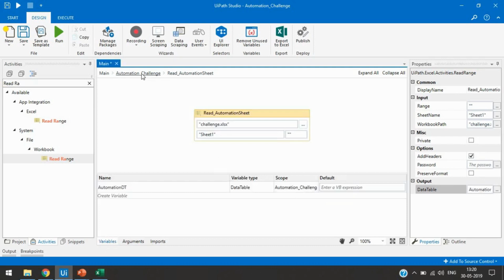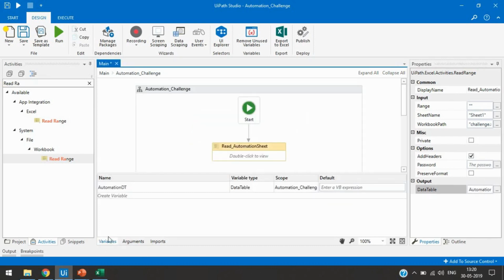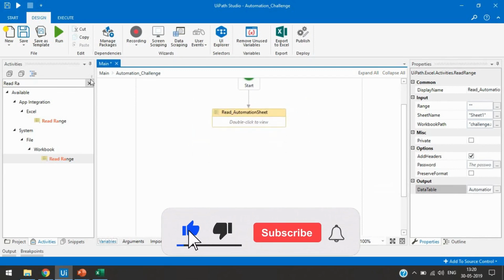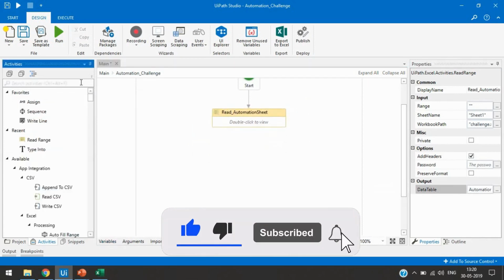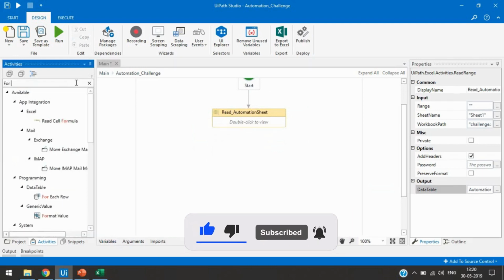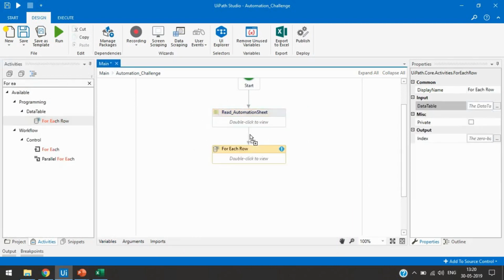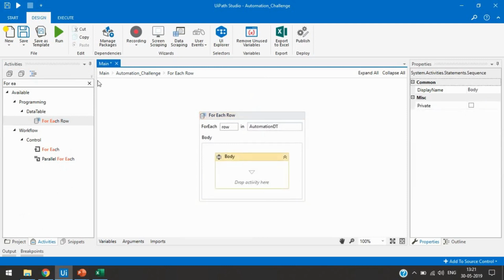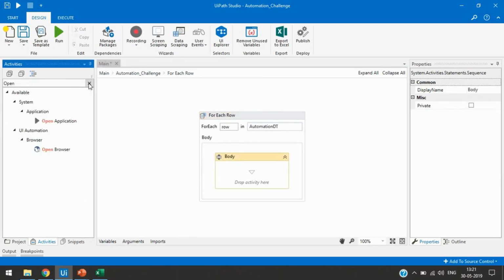So now we have the data table, and then we can use the for each data row activity to get the data one by one. Here we will write that automation data table, and here we'll open this website.